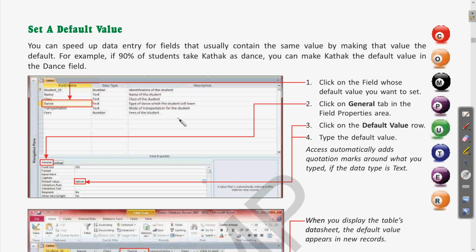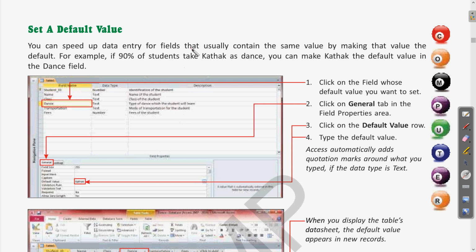What does it mean? Default value means, suppose you are entering data in the database, and there is data of thousands of students. There is an entry for dance, and the dance form may be different, like Kathak, Kuchipudi, Bharatnatyam.